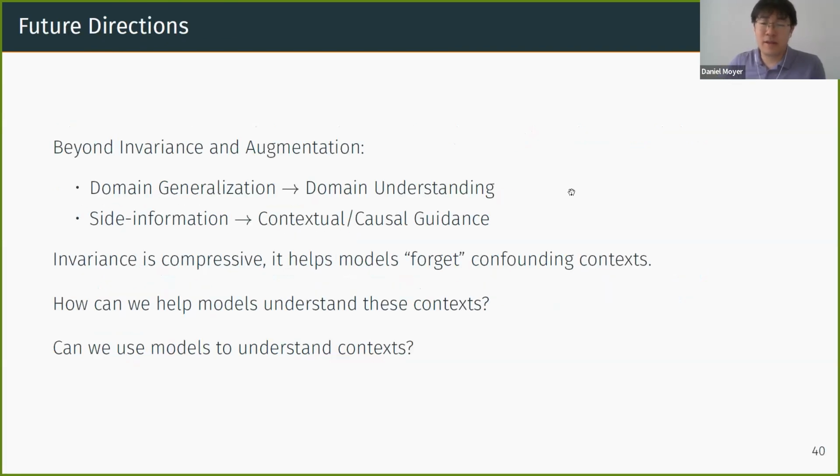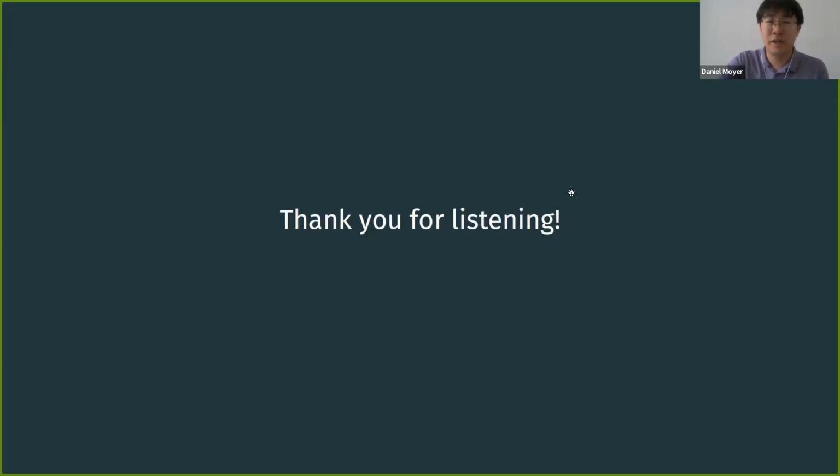And moving forward with the invariance work, at least, we need to find a way to move past this boundary, this domain generalization problem. So instead of generalization, maybe we move to domain understanding, or talk more about site information. We didn't talk about how much we know about sites. We just used it as a one-hot S variable, right? Kind of abstracted to get across it. But we could do a lot of modeling there. And that's all I have for you. Thank you for listening. And do we have questions?